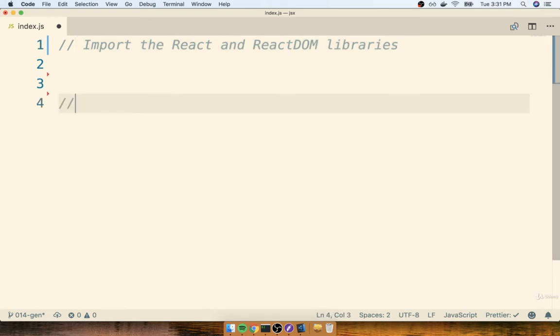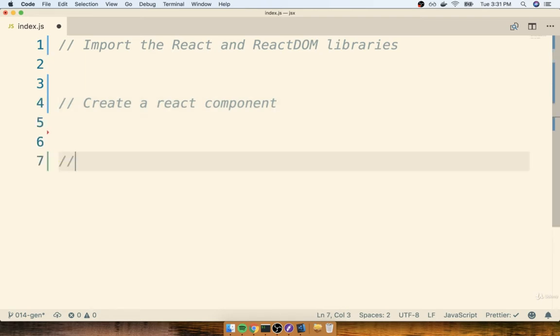I'll then give myself a little bit of space, and I'll put down my next step. So the second step will be to create a React component. We spoke very briefly about React components back when we worked on CodePen, so we'll talk a little bit more about what React components are in just a little bit. And then finally, I'll give myself a little bit more space and put on one more comment. And down here, I'll say, take the React component and show it on the screen. Okay, so that's it. It's a 3-step process to get some content to show up on the screen of our browser. Let's begin right now with step number 1.